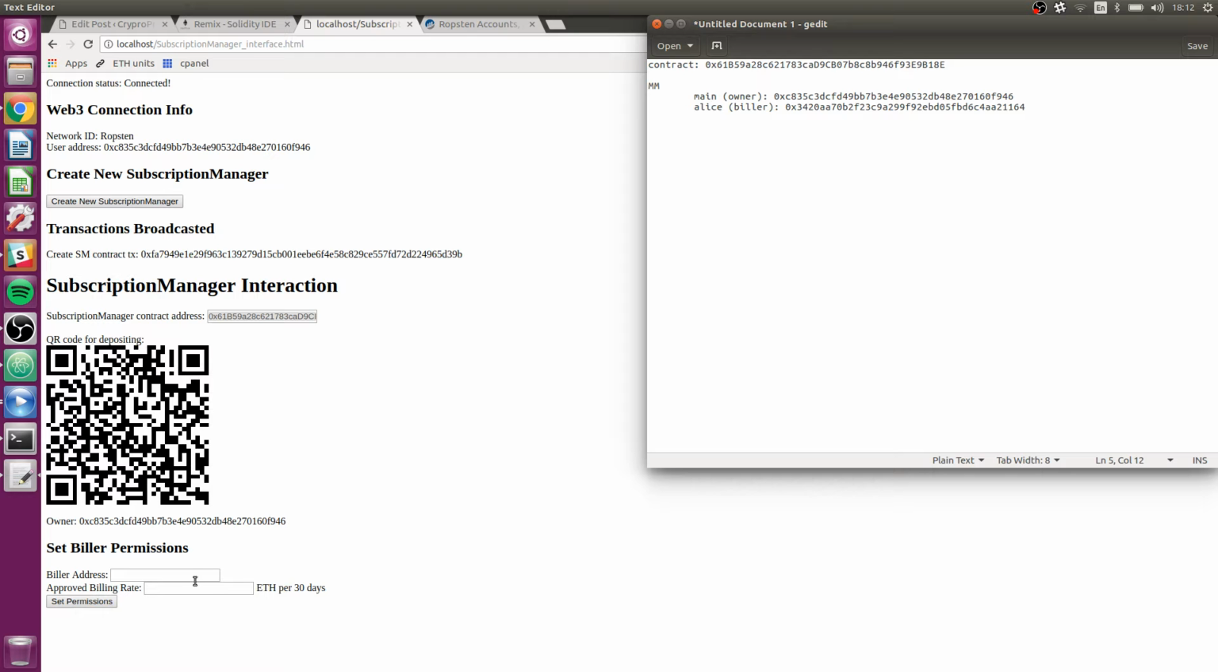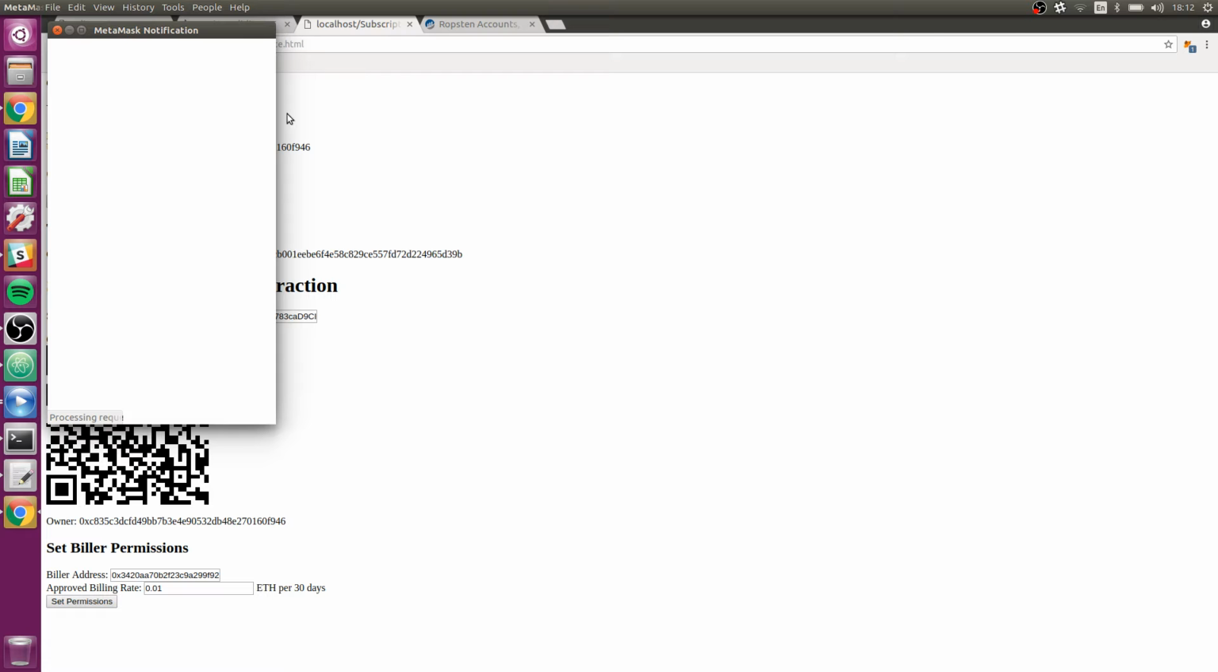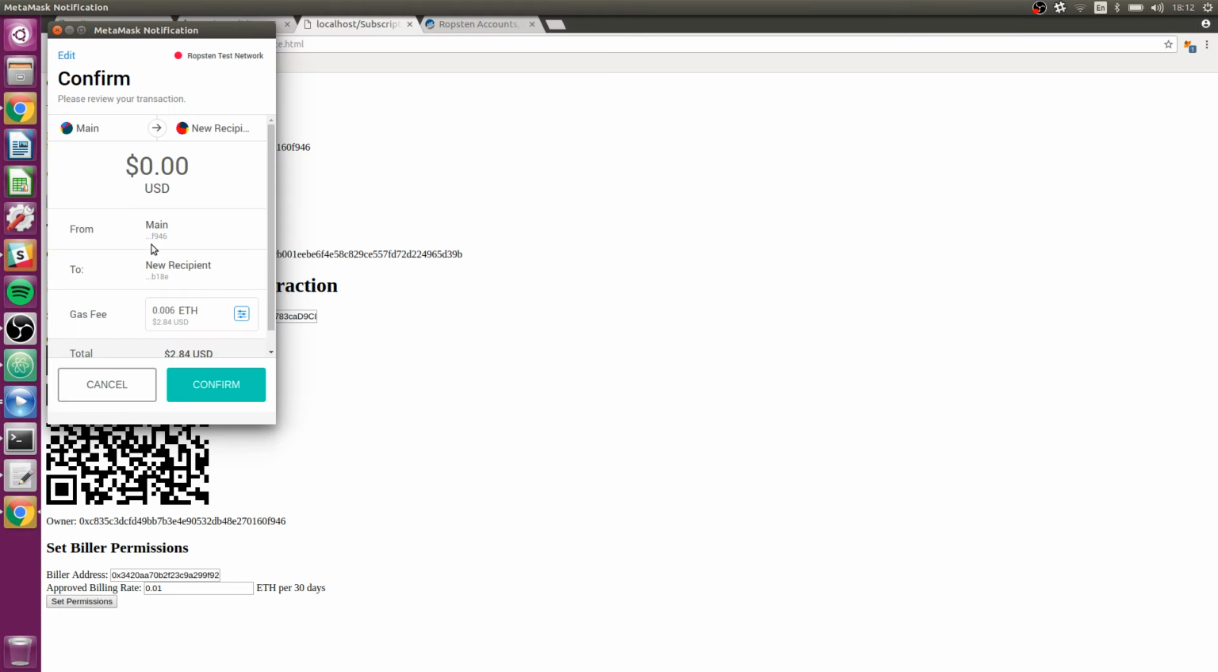We still have to set her permissions to make her a biller, but we have her address now, so we can take that, put it in here, and now approved billing rate, ETH per 30 days. We're going to do 0.01, set permissions. MetaMask pops up. That's good. We're already past the bug we had last time. I'm going to now confirm,